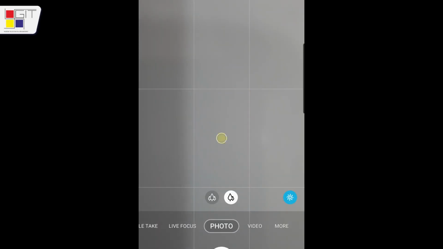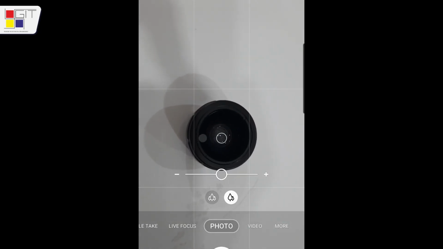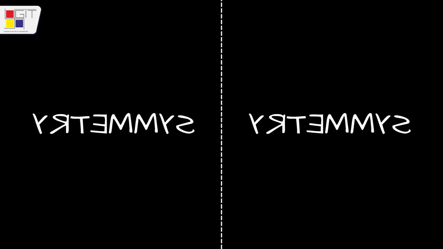Before starting photography, go through your camera settings and turn on the grid lines. Grid lines divide your whole screen into nine parts. You can see white lines in the camera frame, which will help you get a symmetric image, something like this. Let me show you. Here is an object and I just want to click it, and to get it in the center, this grid line will help me. Click. I'm going to discuss symmetry with the use of grid lines. We will compare some photographs to understand this topic.